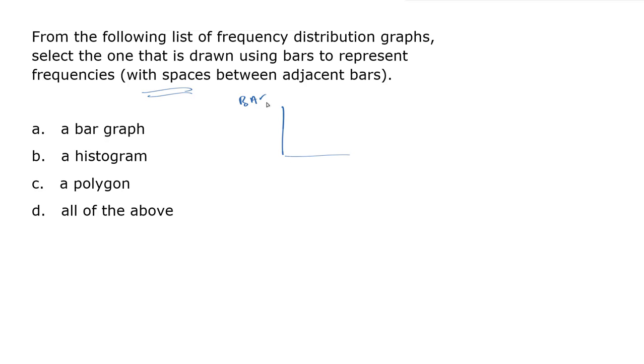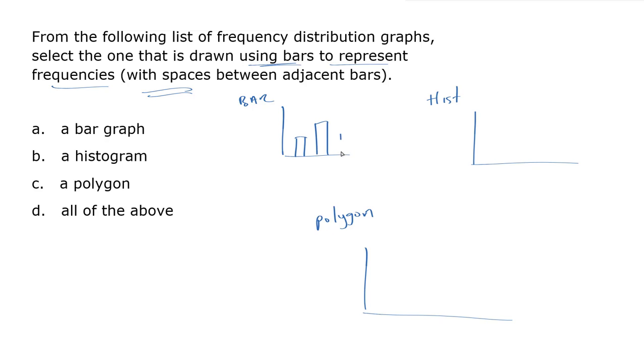Let's look at a bar graph, a histogram, and a polygon. Now, a bar graph and a histogram both use bars to represent frequencies. However, there is one noticeable difference that stands out right away when comparing one to the other, and that is that histograms have no spaces in between the adjacent bars. So a histogram over here, you've got no spaces, whereas a bar graph, it's not as though there's a